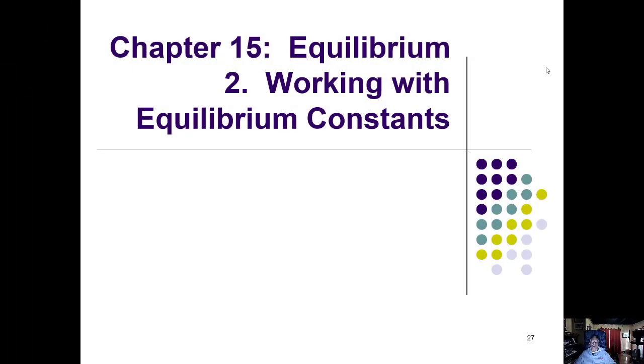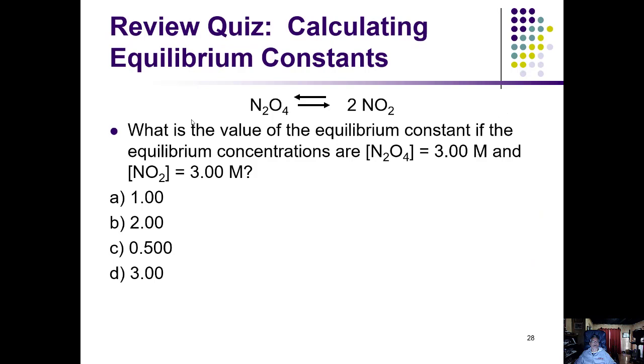So let's examine working with equilibrium constants. What kind of information can they tell us about where a reaction is at any particular point in time? So let's just review calculating an equilibrium constant. And in this particular problem, you're actually given the value of the concentration of both our products and our reactants